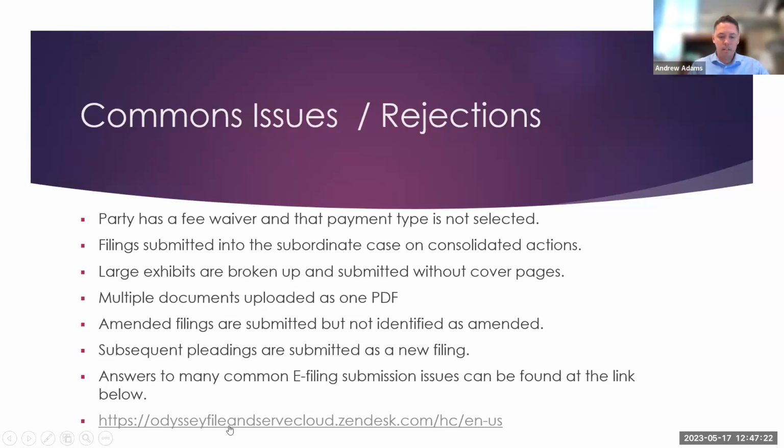Let's see. So we kind of talked about the statute of limitations, and Matt did. If something gets rejected, you do have that extra day, which is great. Another question we get is, how do we know when my submission is going to get filed? And that really depends on backlog. Okay, limited civil is absolutely more backlogged than unlimited. Unlimited civil sits around 2 weeks, but with the caveat that we do go in every day and we look for things that are priority issues to get filed ahead of time.